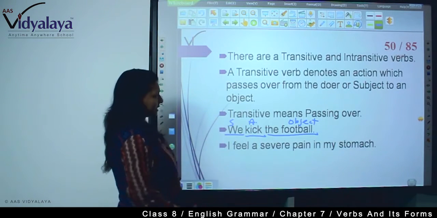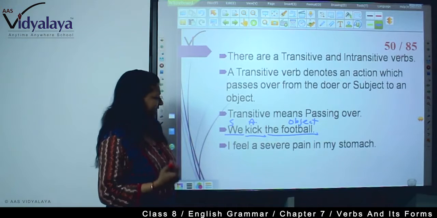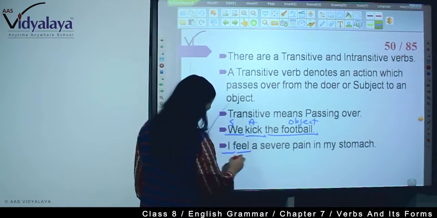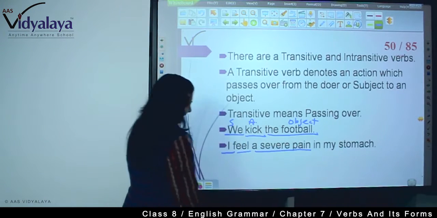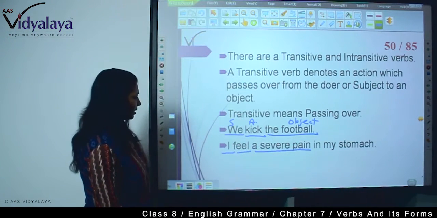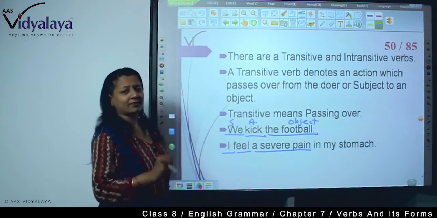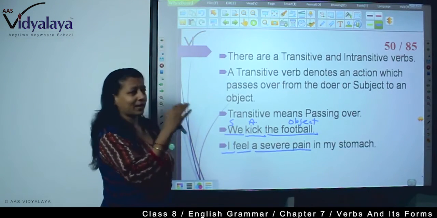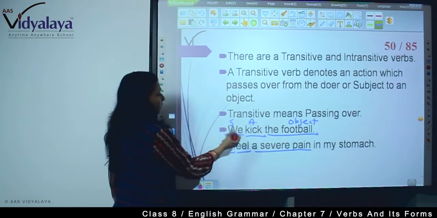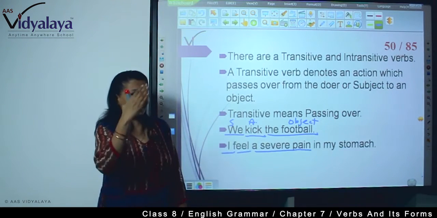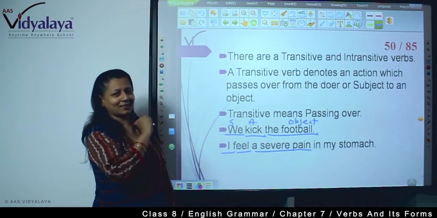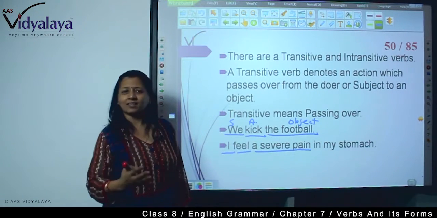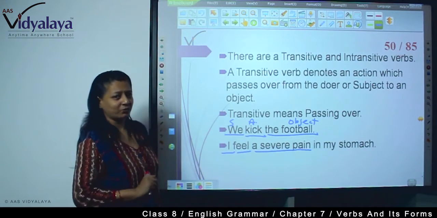So, this is transitive. "I feel a severe pain in my stomach." I is the subject, feel is an action, a severe pain is the object in my stomach. So, how will you understand transitive or intransitive? Always remember, a transitive verb you can make in the passive voice also. We kick the football. The football is kicked by us. Whenever you can make a passive of this type of sentence, you can understand, yes, this is a transitive verb because